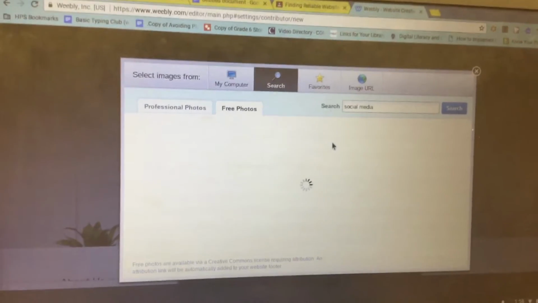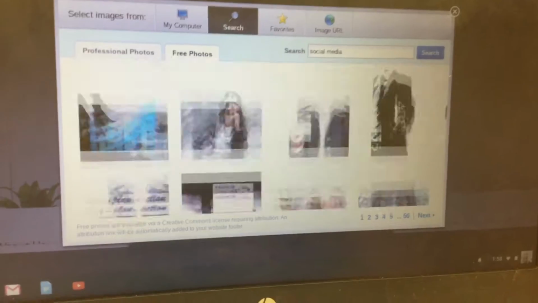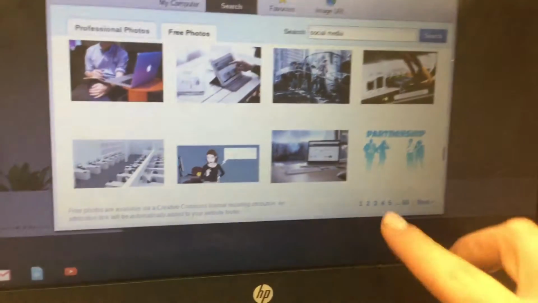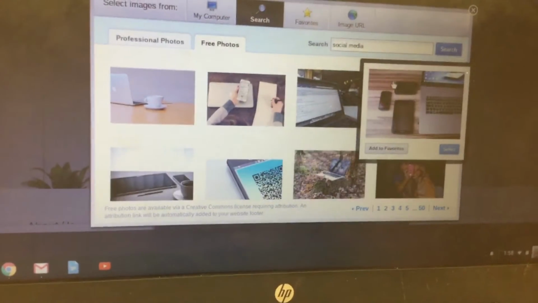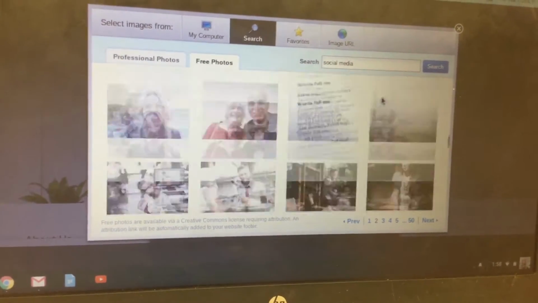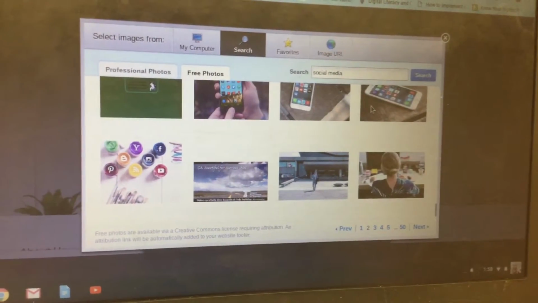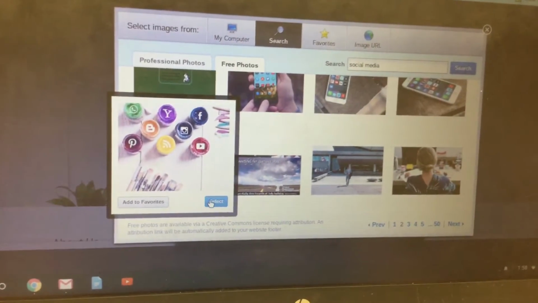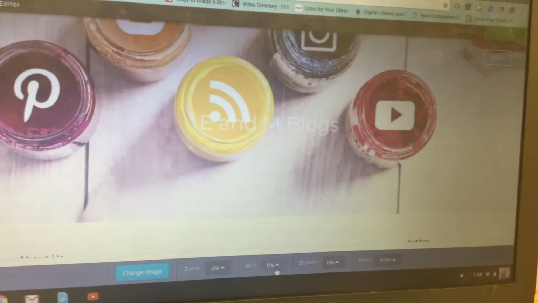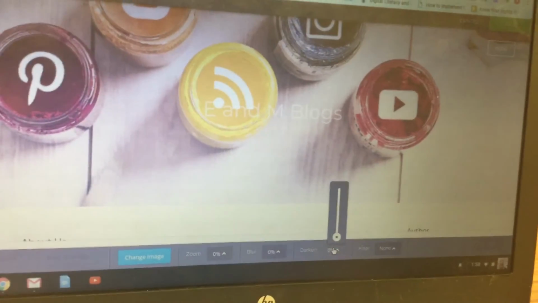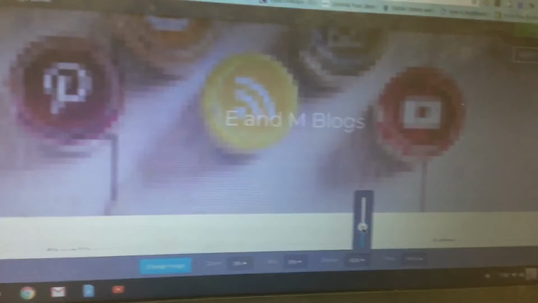Honestly, it's going to come up with some weird pictures at first, but scroll through. If you have to go on to the next page, most of us will have to, you click on page 2 or page 3. But anyway, what you'll do is you'll find a picture that you want to use. And so here's a good one that we can use. So you click on Select for the picture that you want. And then what you want to do is click where it says Darken. Darken it just a little bit because you're going to have white text and you want to make sure that you can see your